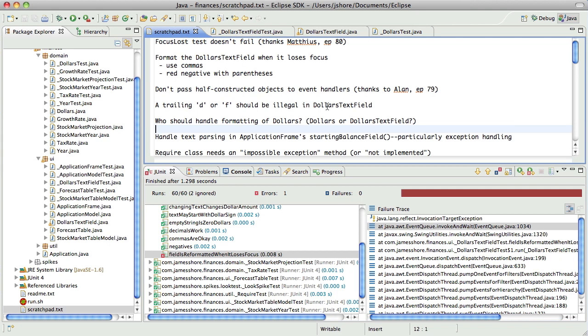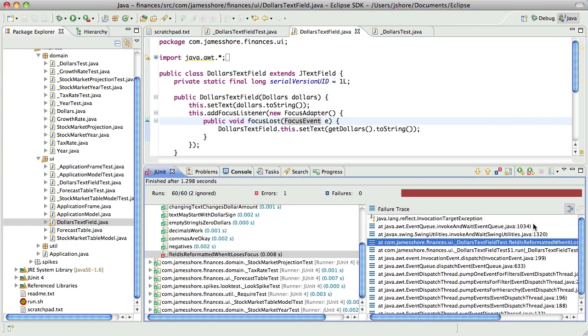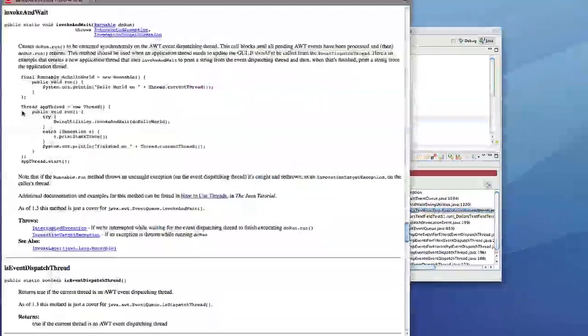Something else that was mentioned on episode 79, Alan, who didn't give his last name, informed me and the other readers of the blog that you shouldn't actually create listeners inside of a constructor and pass them in to an event handler. That could be part of what's happening here. I'm not really sure.